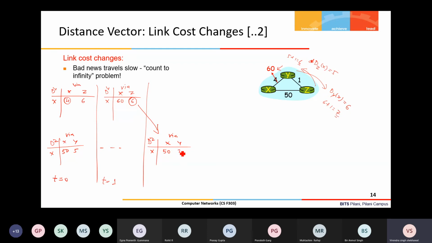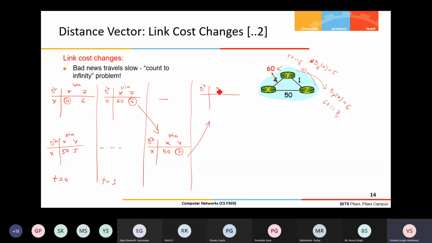It will say 7 is still okay for me because it is less than 50. So I am happy with 7, and its least cost has changed. Because the least cost changed, it will send to its neighbor Y that my least cost to X has now changed, so if it is useful you can update your distance vector for X.